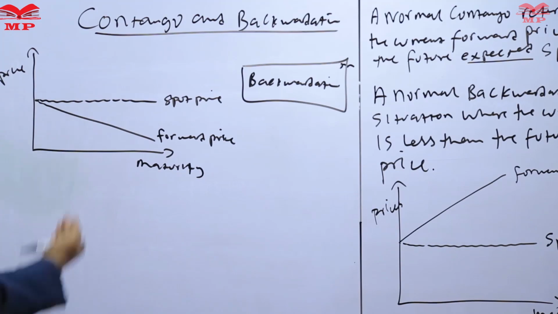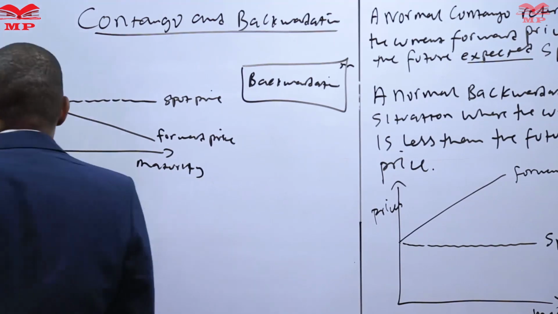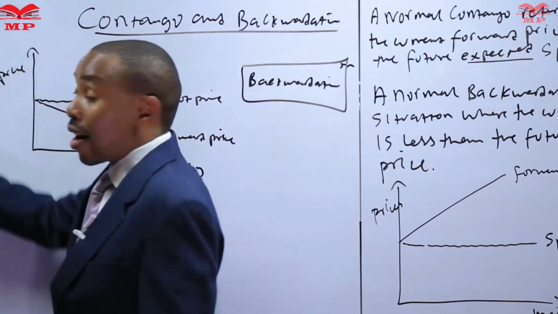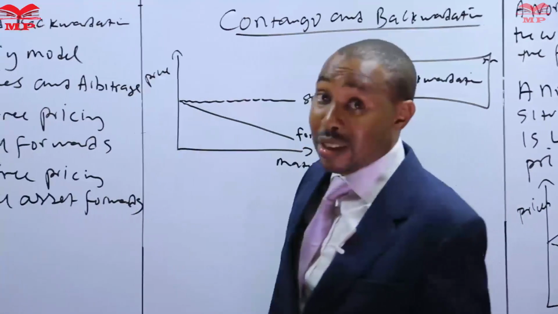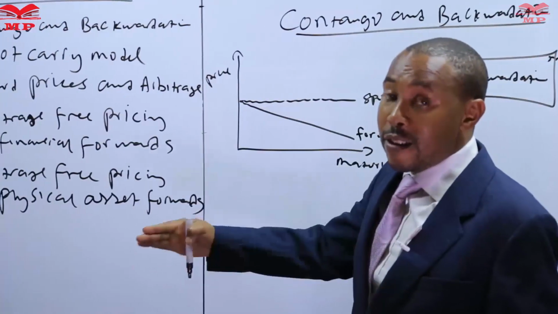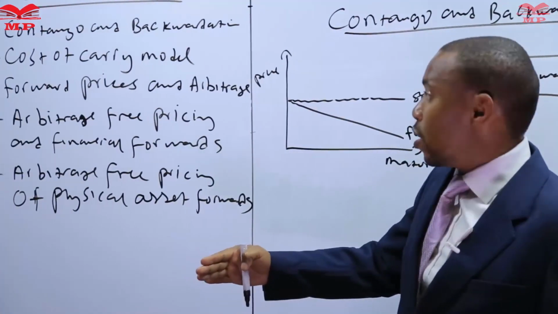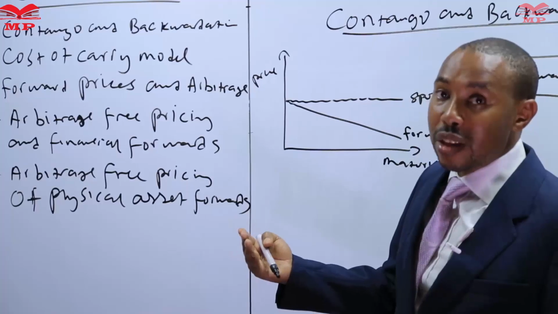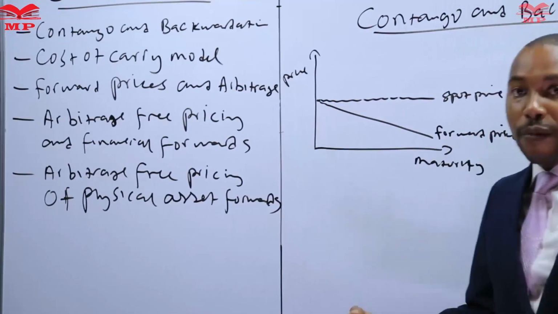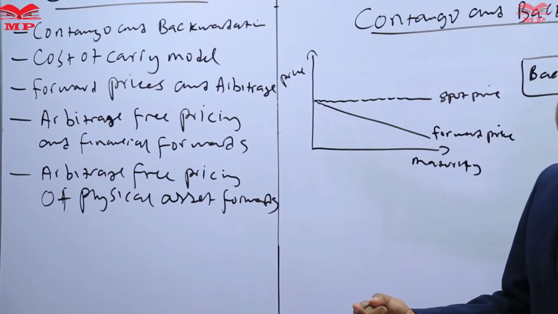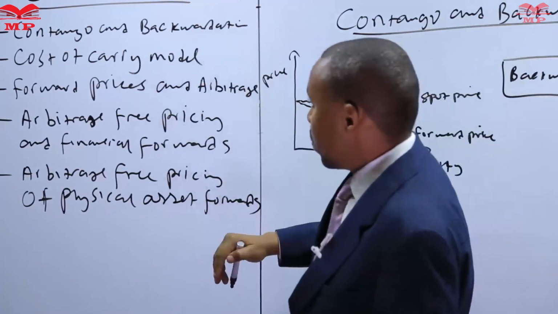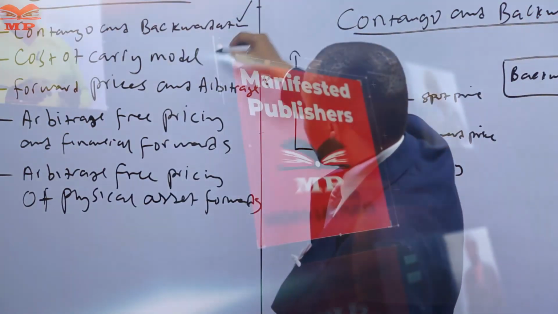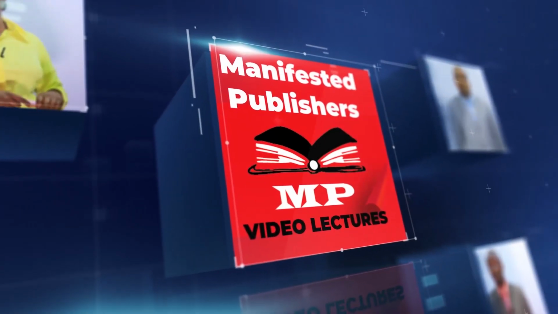Now, having looked at this, it would be good for us to move on and look at the cost of carry model. We are still building on what we've learned: the term structure of forward prices and the concept of contango and backwardation, which analysts try to seek, whether they're investing in financial forwards, commodity forwards, or physical commodities themselves. We'll be building on that. And having looked at that,